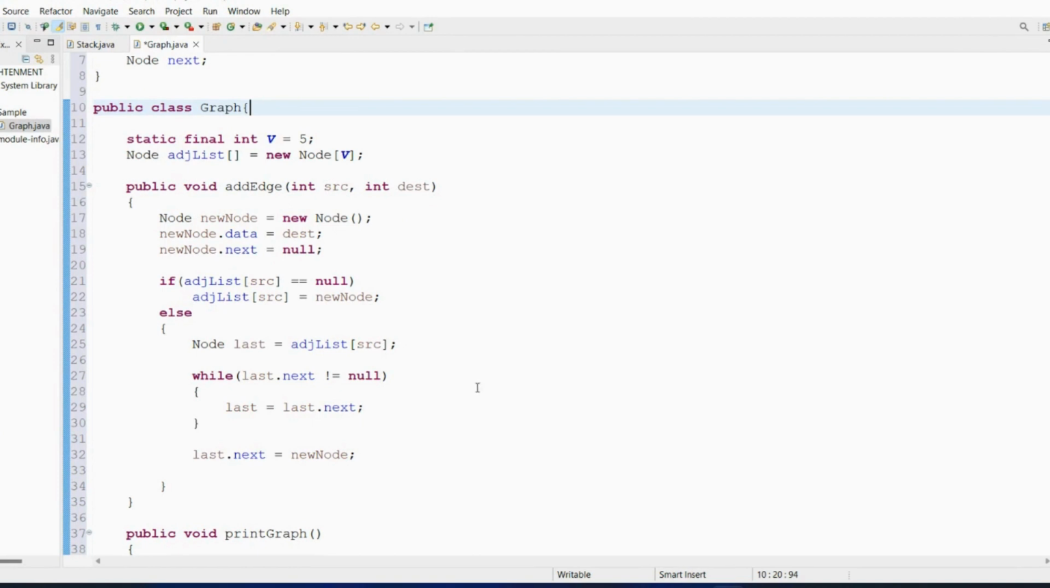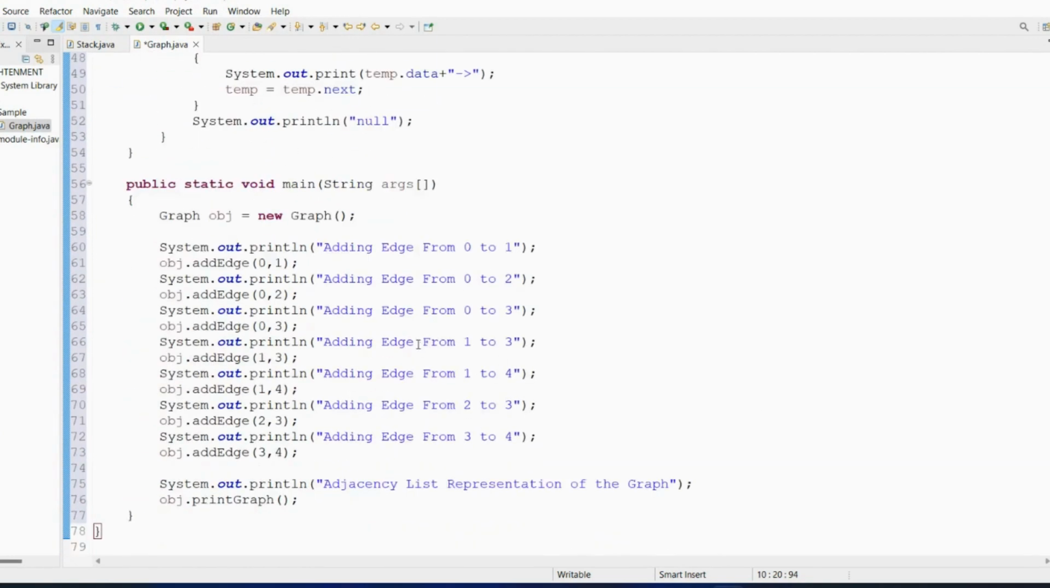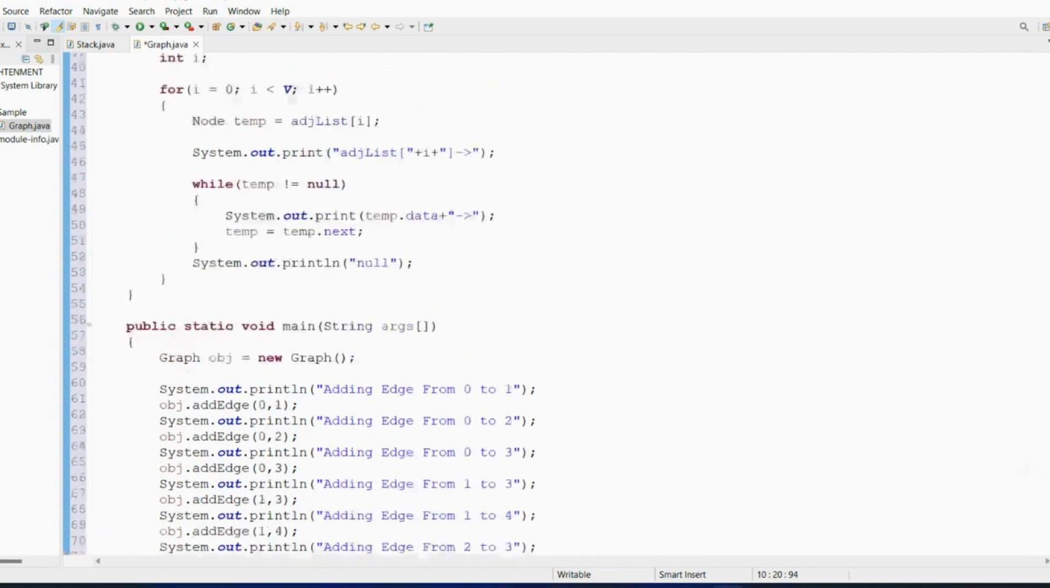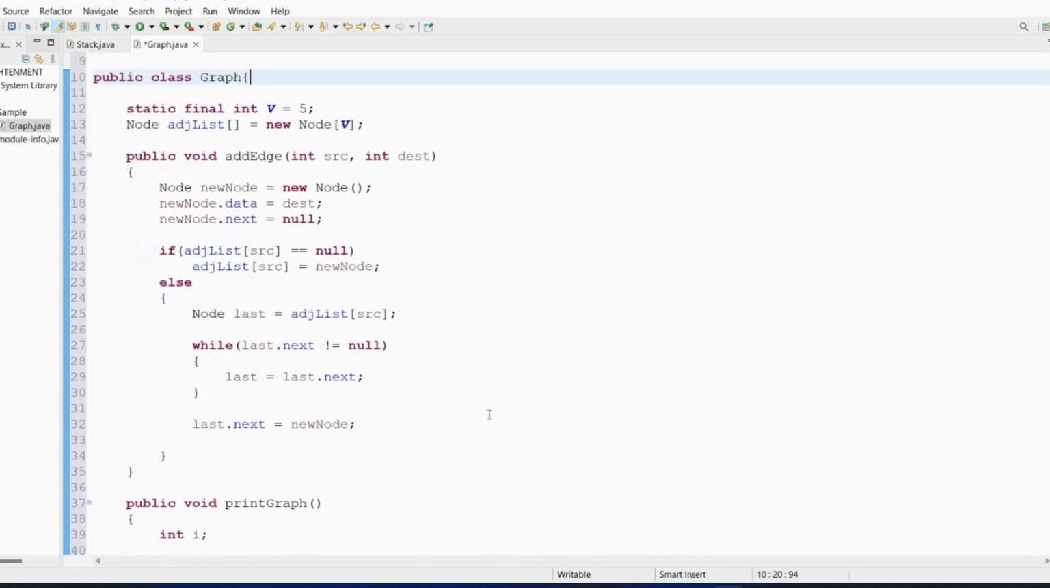You can pause the video and check the logic. So we have taken the adjacency list of size 5. Then here I'm adding the edges from 0 to 1, 0 to 3, 1 to 3, 4 to 4, 3 to 4, like this. Then here I'm adding the edge, like I said before, if the adjacency of source is null,